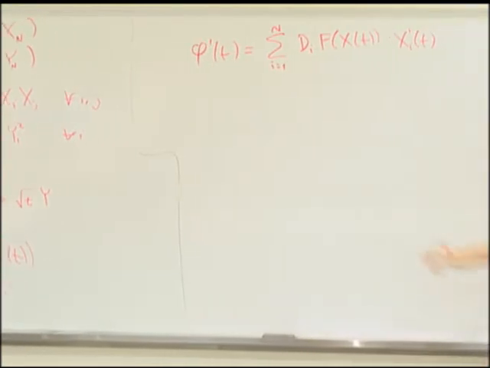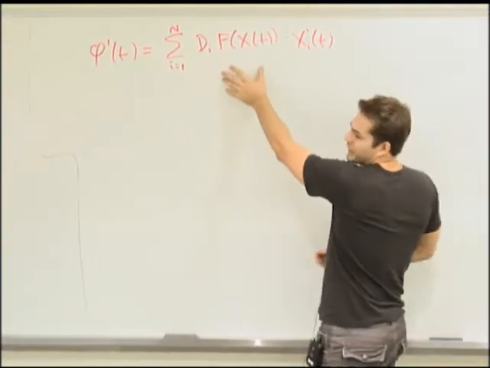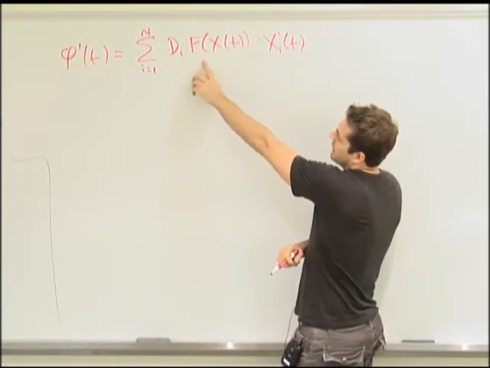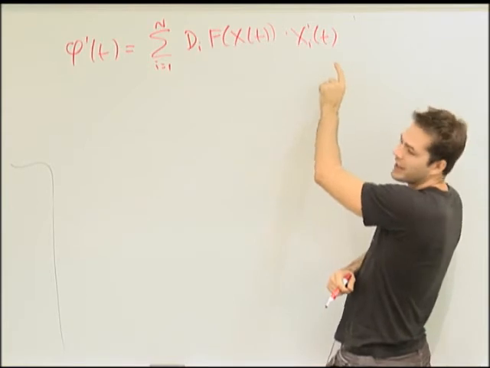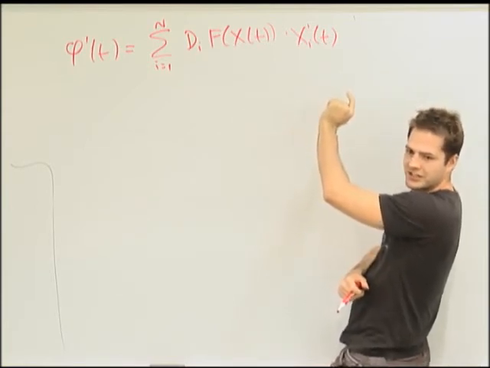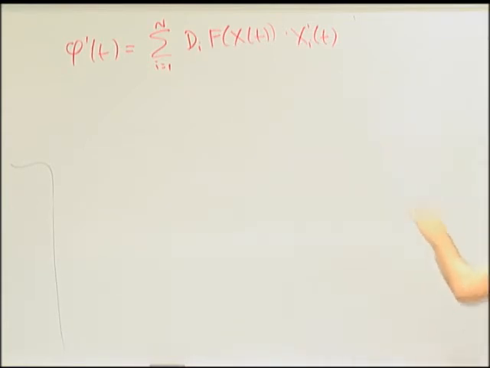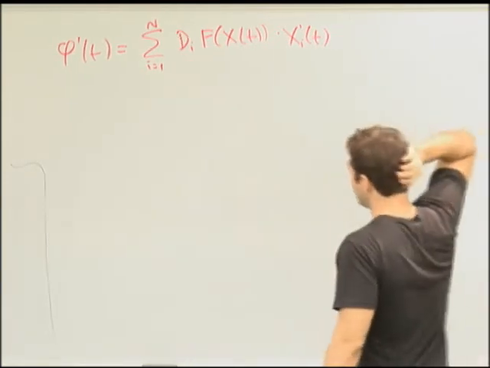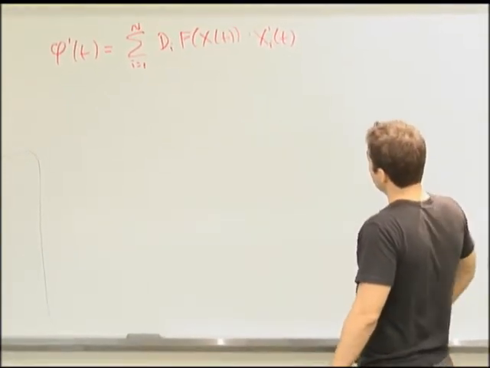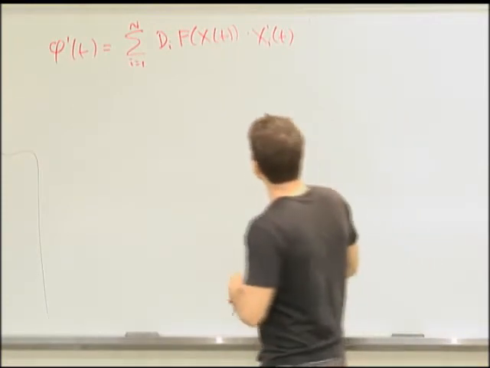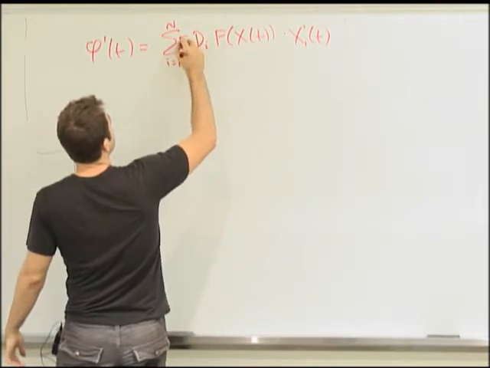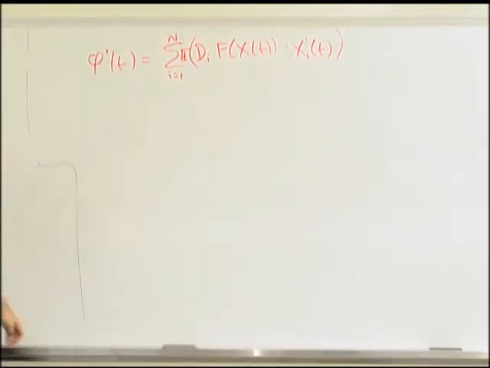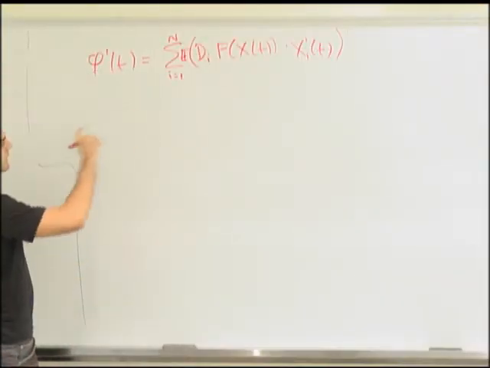Okay. So the derivative at time t is you look at how much f is changing in the ith direction, and you multiply it by how much the ith direction is changing. Okay, so that's the chain rule. Looks good. This is the directional derivative in direction i. Okay, so now we need to analyze this thing. Good. And what I wrote is an expectation, so there should be an expectation here. Okay. So now we're just going to be able to analyze this term by term. So let's just fix one term.